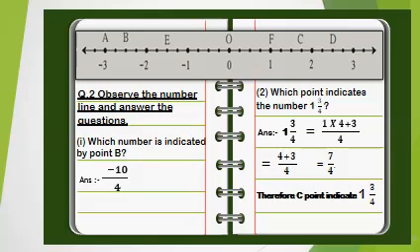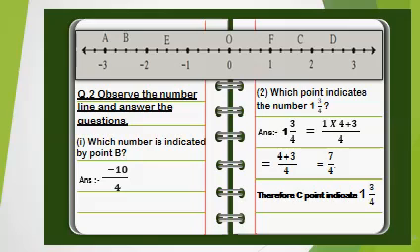Now we have to see where this 7 upon 4 is located. To find that, we will start counting. This fraction is positive, so we will count on the right hand side. So we will start counting after 0, but on the right hand side. 1, 2, 3, 4, 5, 6, 7. 7 comes on the C, where C is written, there the point 7 comes. So therefore point C indicates 1 3/4.